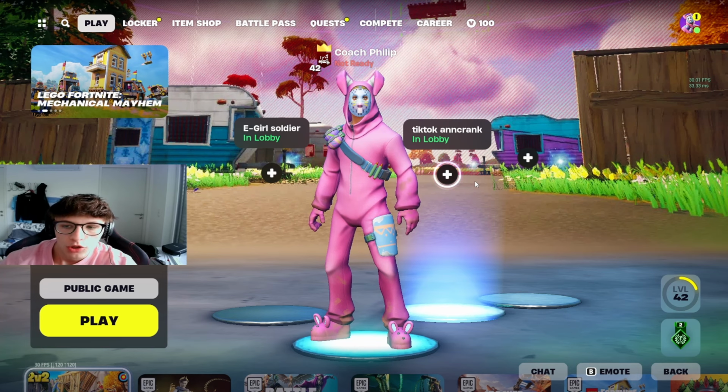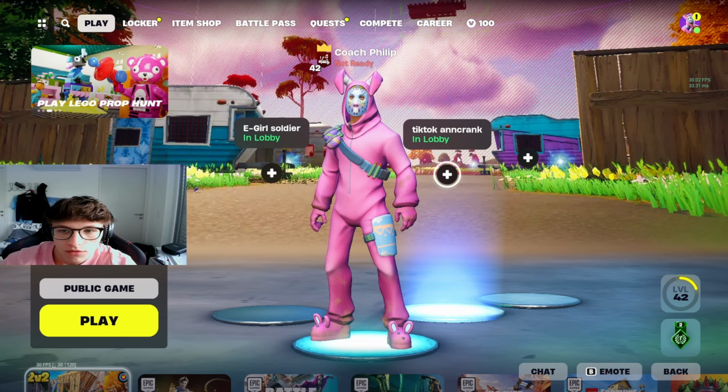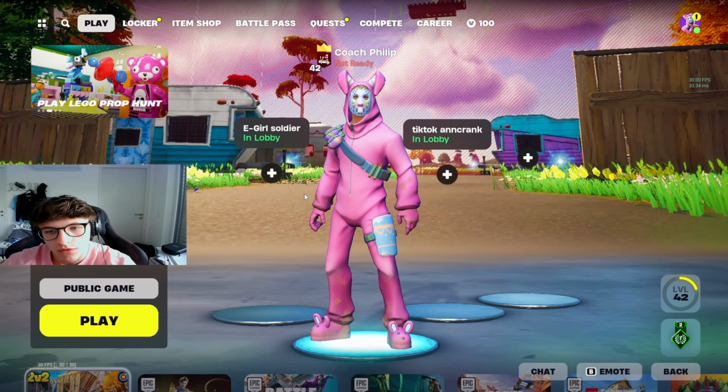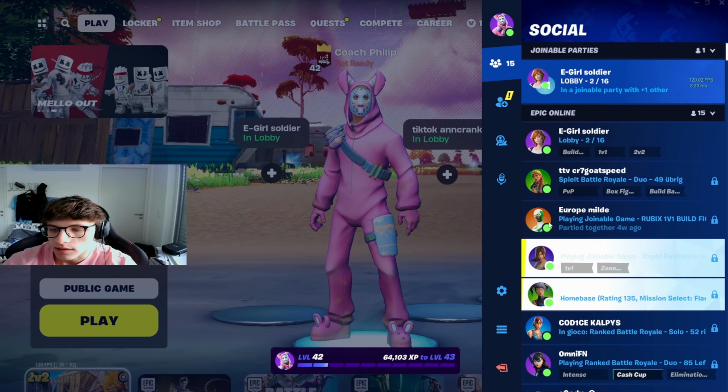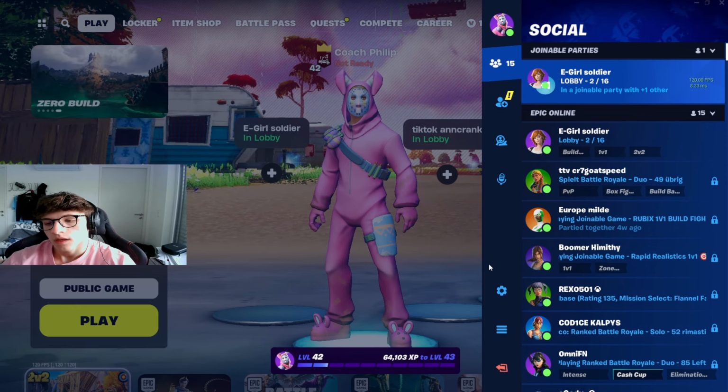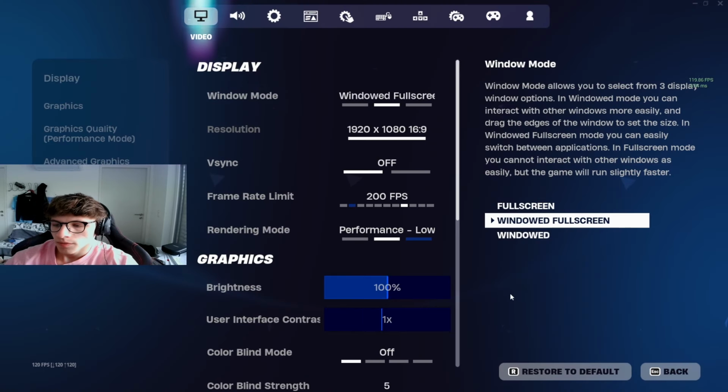Hey guys, today I'll be showing you how to refund items that you bought in Fortnite because you don't like them anymore, for example. So first of all, hop onto your Fortnite account and click onto this icon right here to access the settings. Then click on this gear symbol right here and onto this account settings symbol right here,